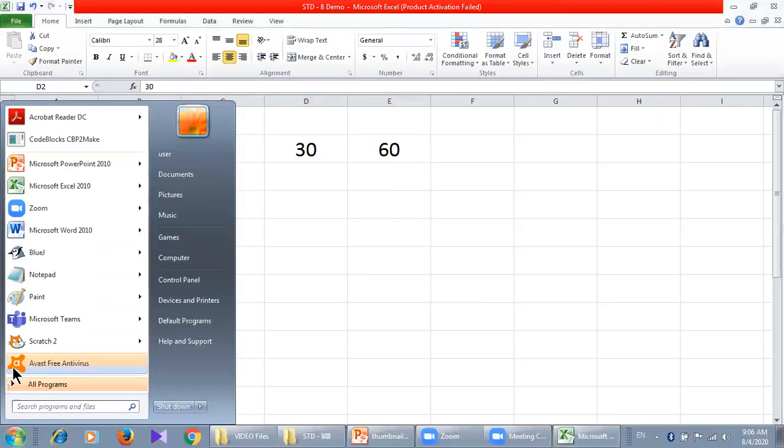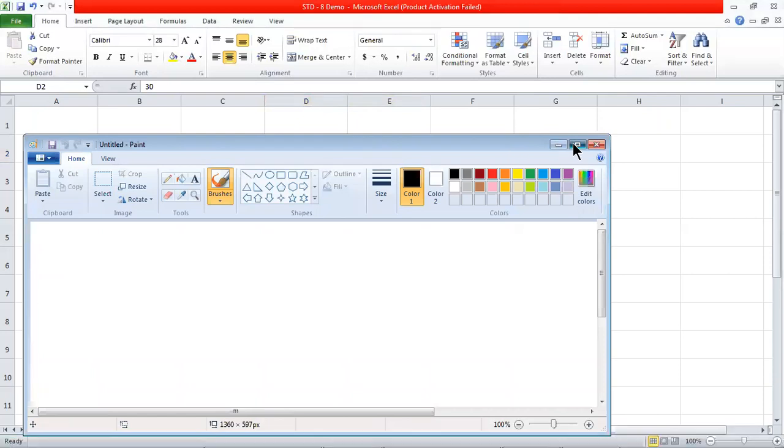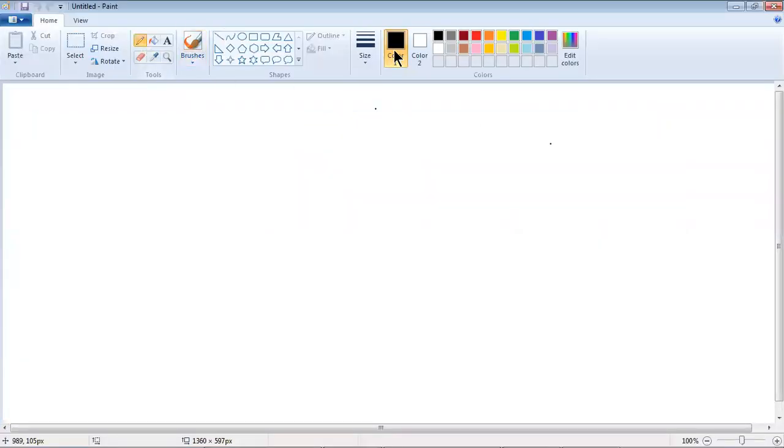Let me show it to you. See, if I have the values 10, 20 and 30. Two 5s are 10, two 10s are 20 and two 15s are 30.